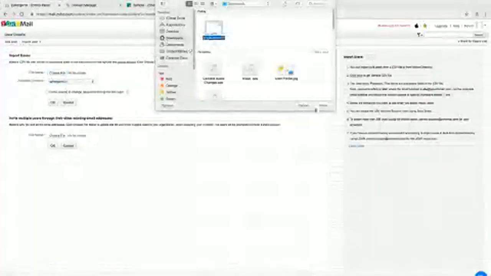After you've done that, you can simply choose the file, and choose the domain you want to import this file to. You can choose to force users to change password even when you're using this method. And you finally click on OK. So the import will be scheduled now, and the import process for these users will be taken up gradually. So that was about the user addition process.